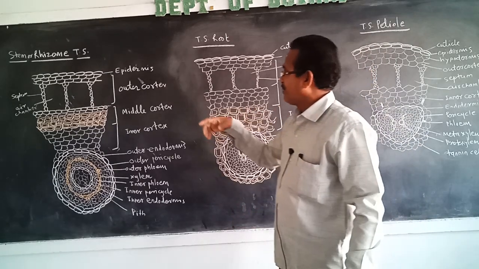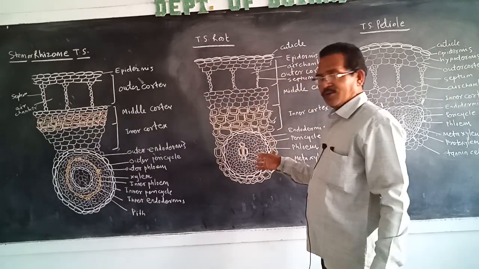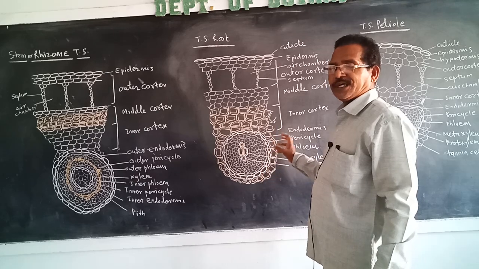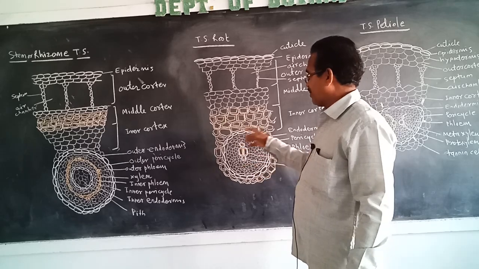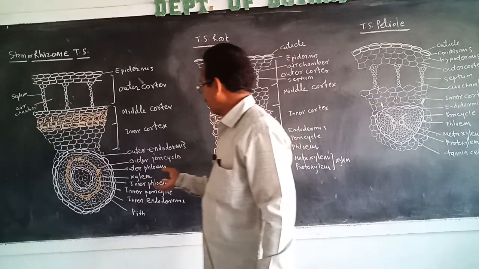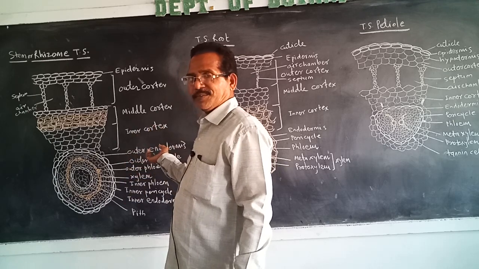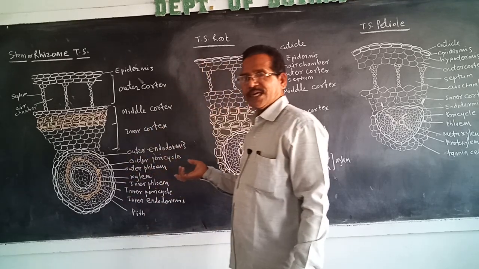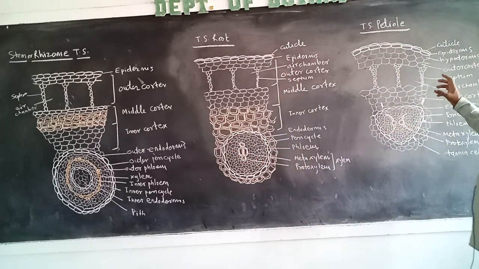But in the middle cortex of the rhizome, sclerenchymatous tissue is present, while in the root, the inner cortex is sclerenchymatous. In the rhizome, the vascular bundles are amphiphloic siphonostelic, while in the root there is only a diarch, protostelic condition of vascular tissue, completely surrounded by phloem. In the rhizome, outer and inner phloem are present, as well as outer and inner endodermis and outer and inner pericycle. In the petiole, there are two regions of cortex, outer cortex and inner cortex.